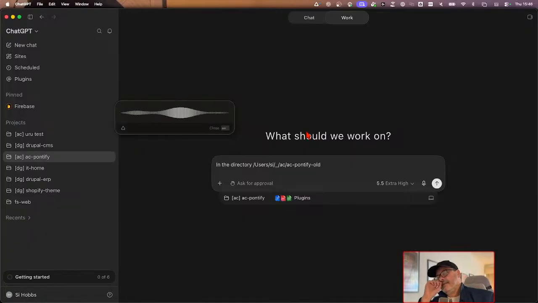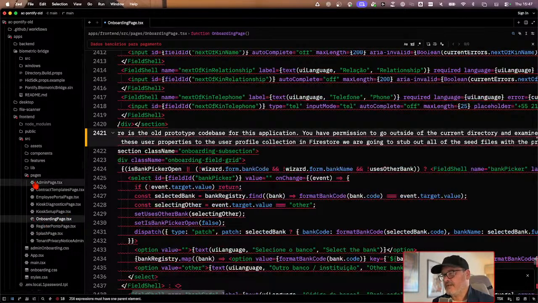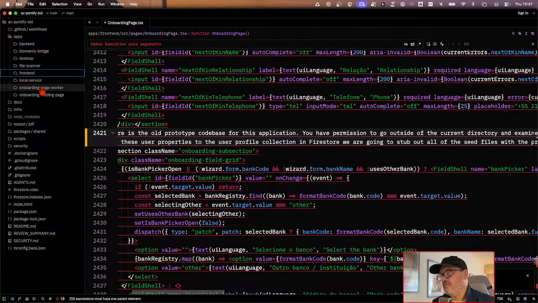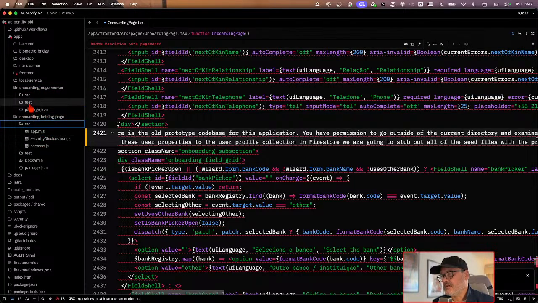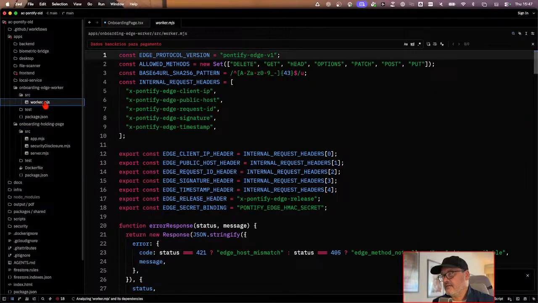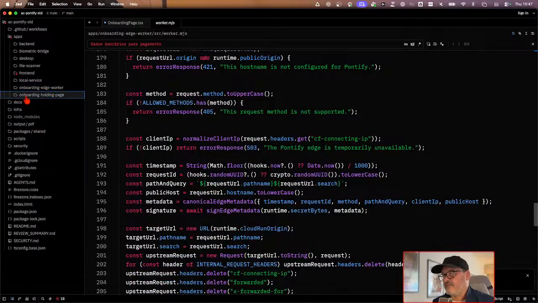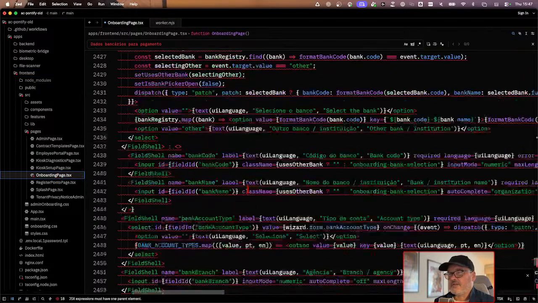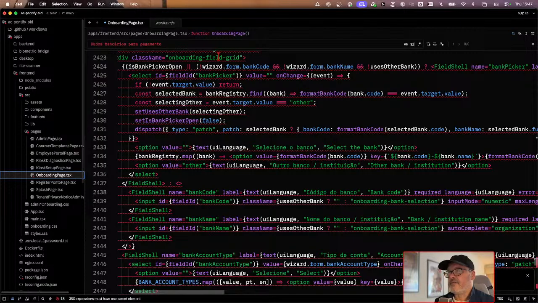I think that's it. So I'll just grab the path because this onboarding file does contain quite a lot of information. So it's in an app called Front End. This is the interesting thing. So there's an onboarding edge worker and an onboarding holding page. I don't think there's going to be much going on in these. I mean, there's a lot going on in these, considering the fact that we think that they're redundant. We don't need them. But we have the front end, and in the front end, there's an onboarding page. Okay, so we think that most of the things are going to live in here. So we'll grab this path and